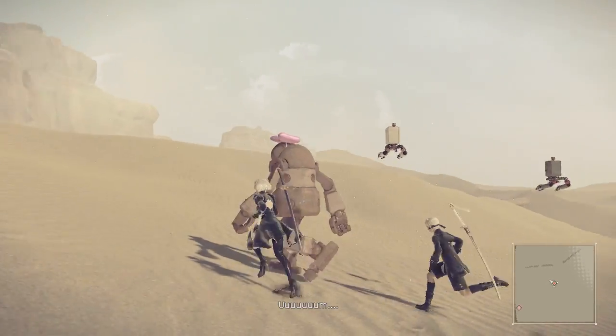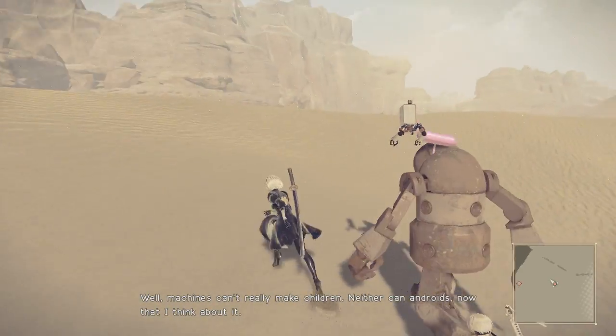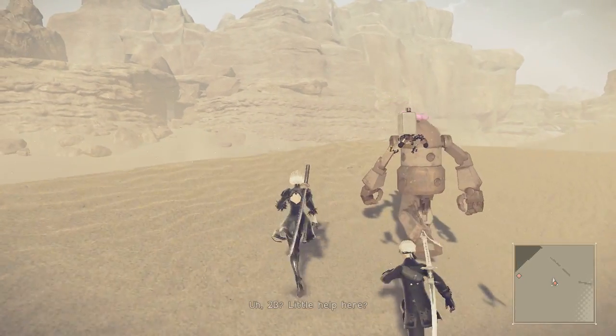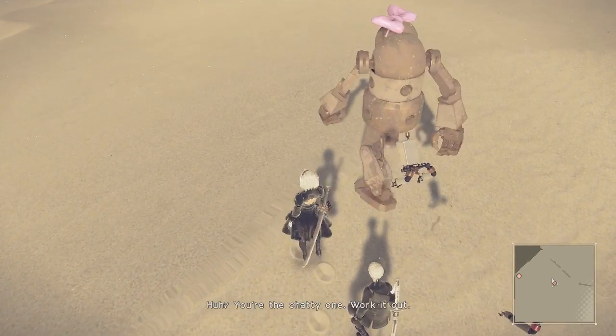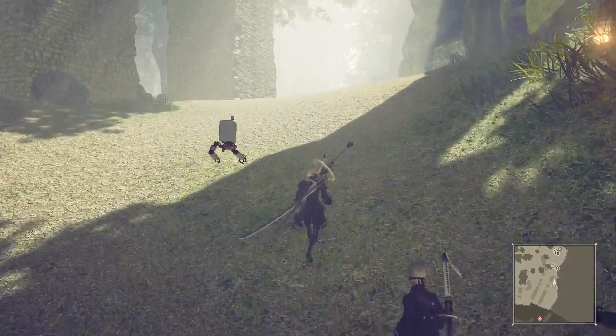それは、いや、機械生命体もアンドロイドも子供は作ることはできなくて。2B。 そんな声で言われても、私は助けられない。